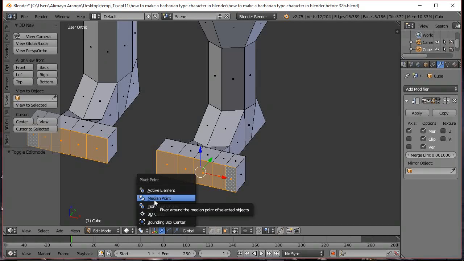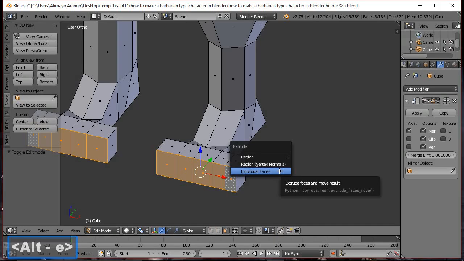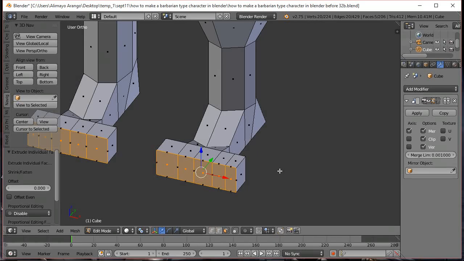We're going to change the pivot point from Blender's default pivot point, which is the median point, to individual origins. We're then going to press Alt E, which brings up our extrude menu. We're going to choose individual faces. I'm going to left click to lock in, left click again to totally lock in. The reason why we did that was if we did a regular extrude, this would come out as a block. Because we did individual faces, this will come out as its own piece, this will come out as its own piece, and so forth. And then because we have individual origins, we'll be able to scale each of these